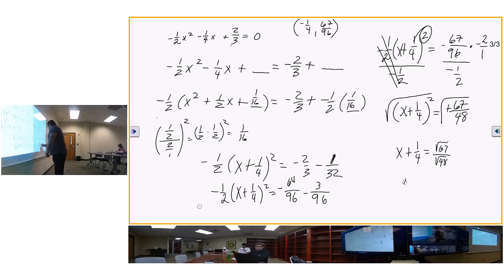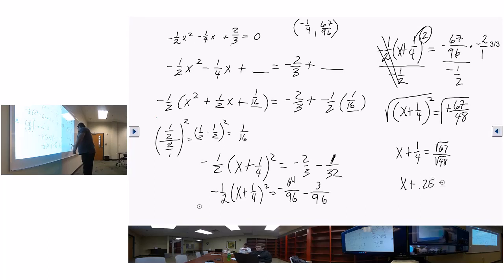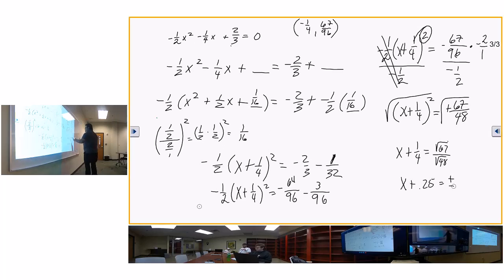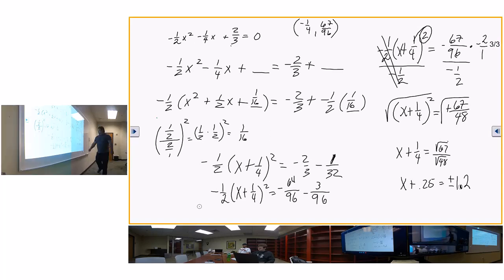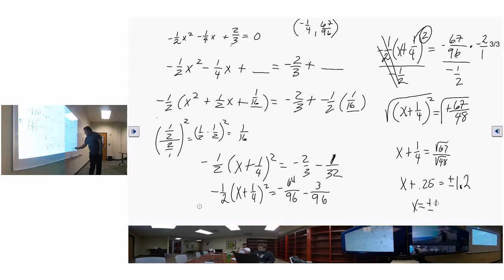So we get x plus 0.25 is equal to positive or negative the square root of 67 over the square root of 48. 8.2 divided by 6.9, what is it? That is 1.2. Everybody get something like that? So x is equal to positive or negative 1.20